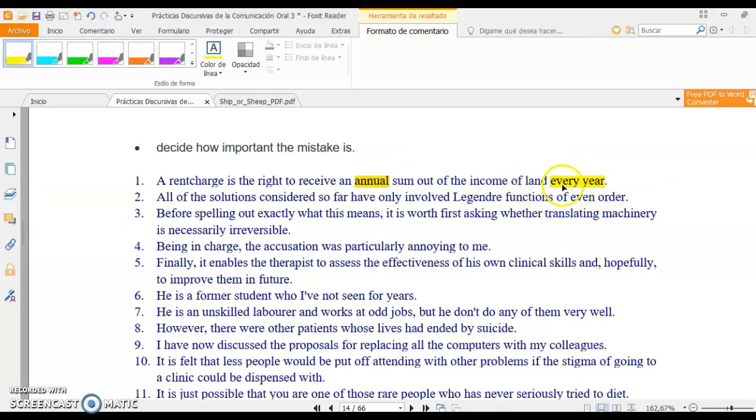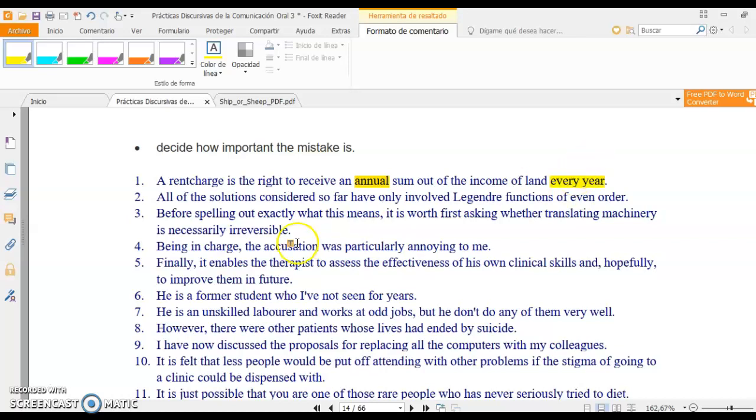Annual and every year, here you have the mistake. So the correction would be, a rent charge is the right to receive an annual sum out of the income of land, and that's all, without every year. How important is it? Well, it is important. Repetition or redundancy in the same sentence is important, okay?